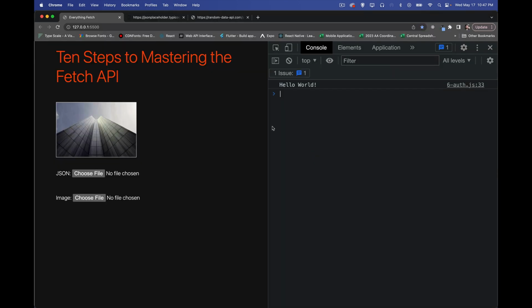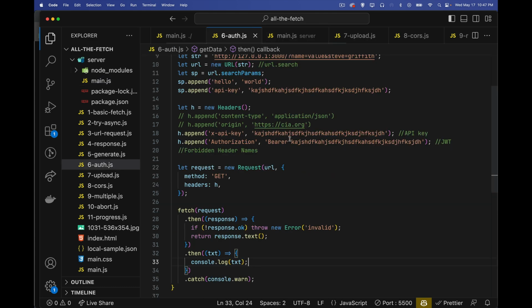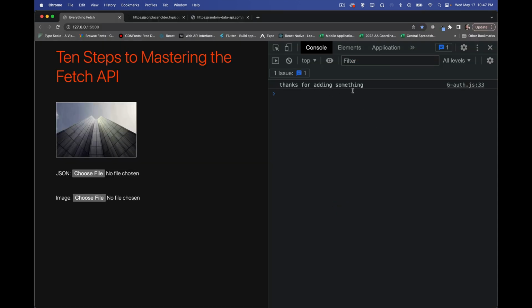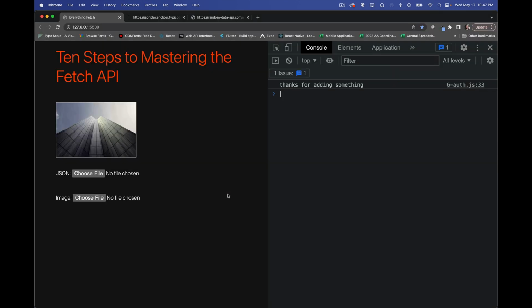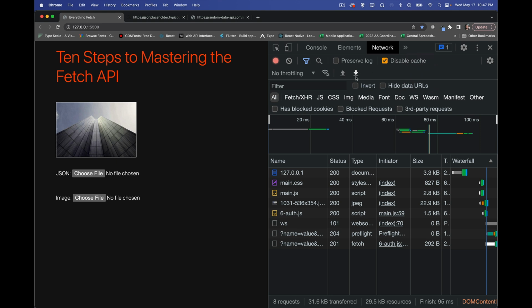If we changed our method from get to post, the message changes. So we did do a post request, and then that is the endpoint that responded on the server. So this is the message that we get back, and the status code is a 201. And if we want to see that, we can go over to the network tab without even console logging it. If we just come over here, there it is. There's the 204 that we did for the